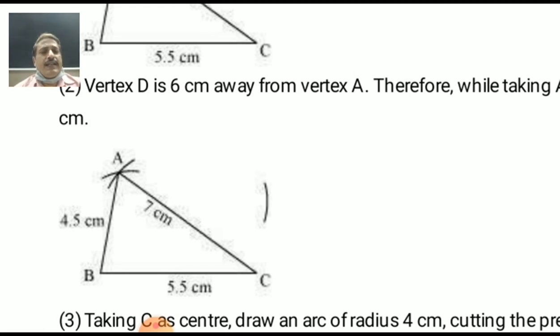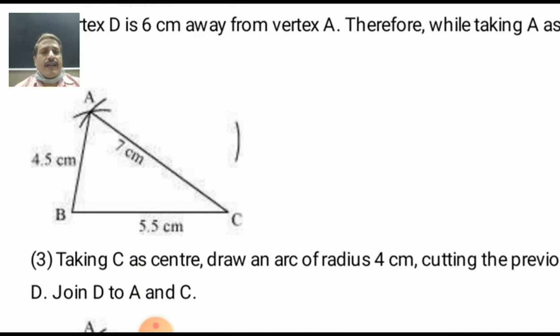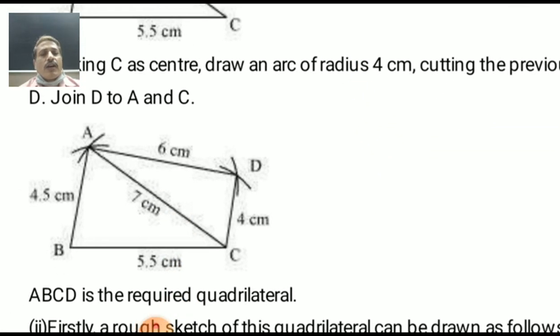Now look at here. What is CD? Yes, taking center as C. Center means you have to put the pointed end of the pair of compass on a particular point, and then with the pencil you can draw the arc, 4 cm away from C. Now join the point D with A and C. Yes, my dear students, here is your first answer. Quadrilateral ABCD of given measures. You may be surprised, we started with two triangles and we got a quadrilateral with the given measurements.